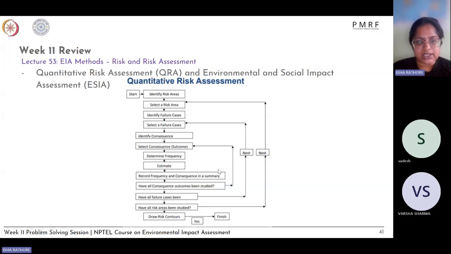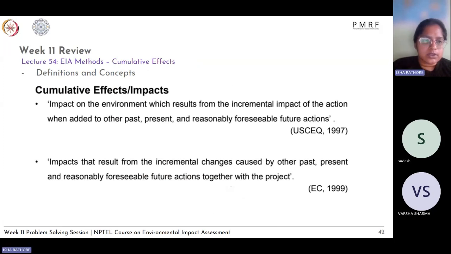You record all of this in a summary, and you see whether all of the consequences coming out of each individual failure case have been studied or not. If not, you include the ones which have been missing, and then you do it for all of the risk areas which were identified. Then you see whether these risks fall into tolerable categories or not, and where the risk can be reduced, and things like that. So that was for